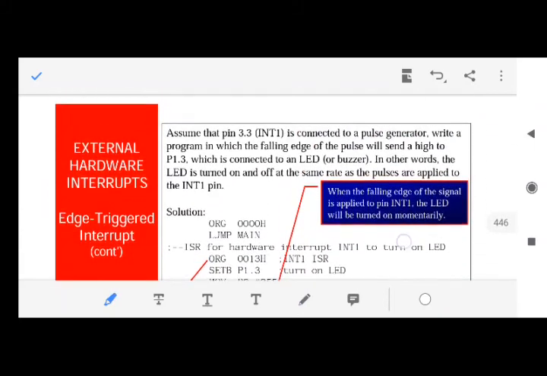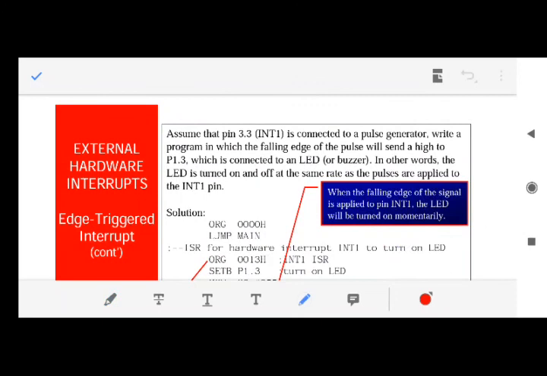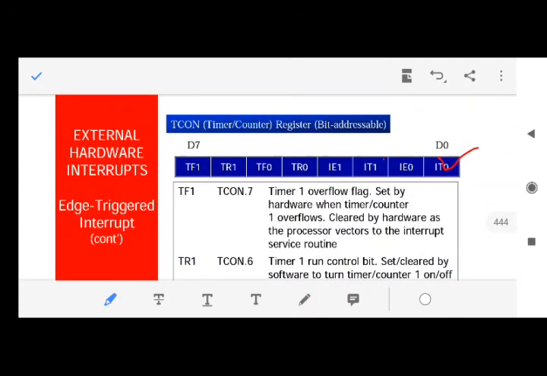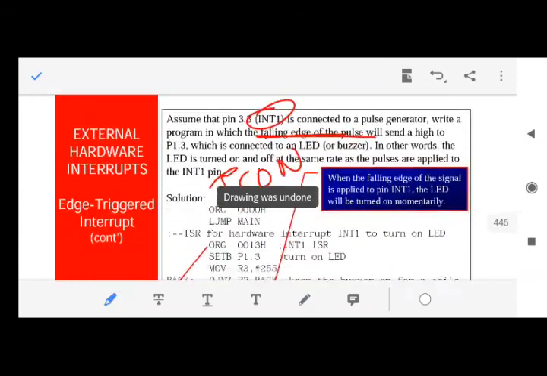Fine. This is a similar example. You should read this example, and this is used for falling edge. This example is used for falling edge of external interrupt. So what you have to do? You have to adjust the value of the TCON register. And which bit of the TCON register? If it is being used for interrupt 1, then which bit? It would be this bit. Which is this? 0, 1, 2. The second bit of the TCON register has to be made 1.